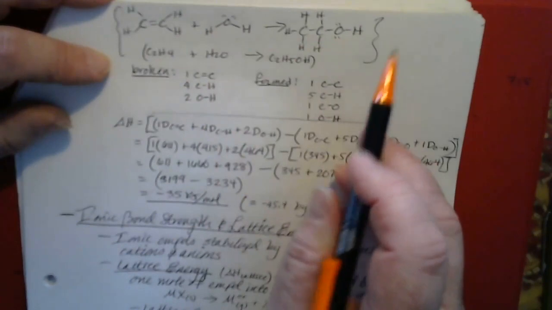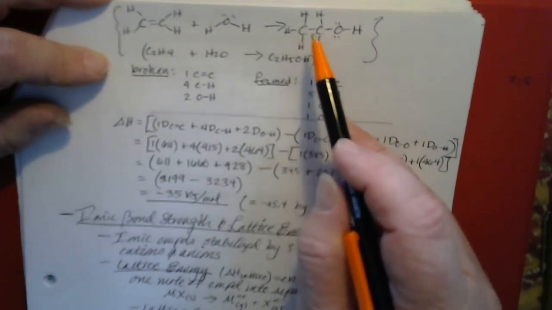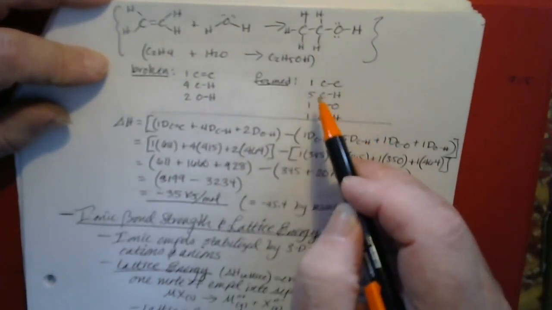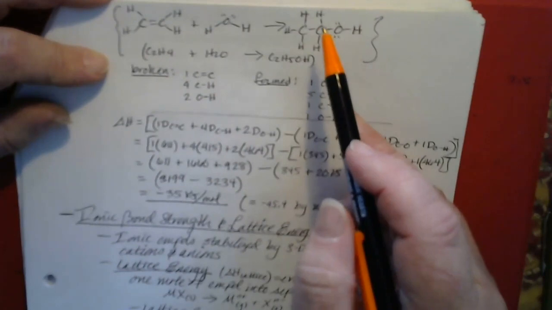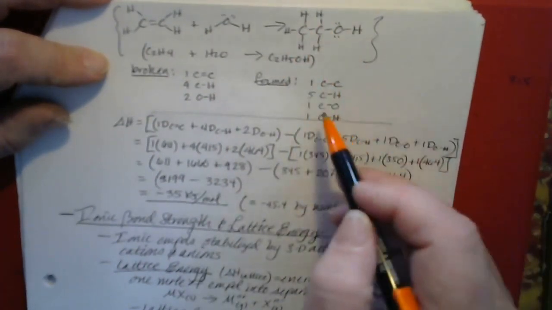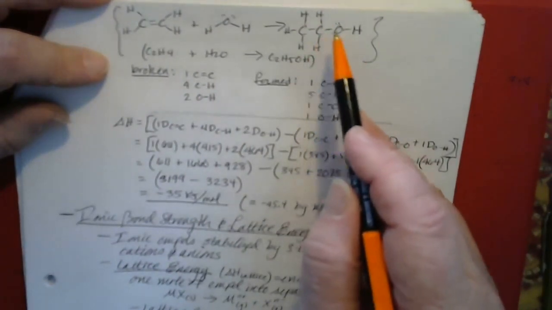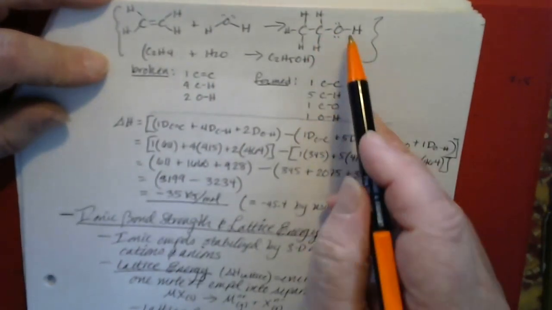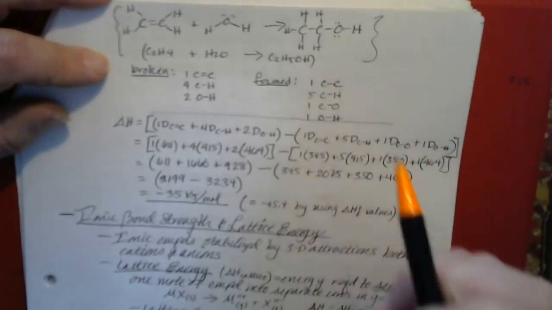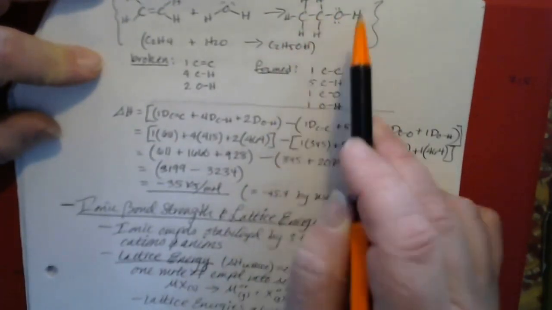Then among the bonds formed, we're going to have 1 mole of carbon-carbon single bonds, right there, 5 moles of carbon-hydrogen single bonds, 1, 2, 3, 4, 5, 1 mole of carbon-oxygen single bonds, and 1 mole of oxygen-hydrogen single bonds, right there. So essentially, you're just adding up all the numbers of all of the different types of bonds